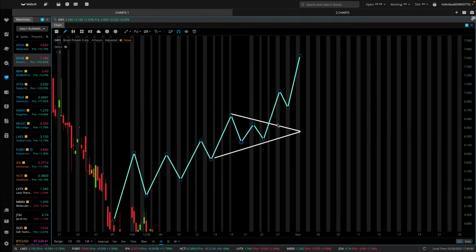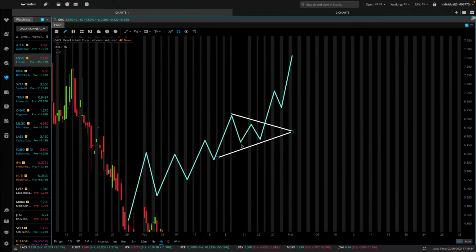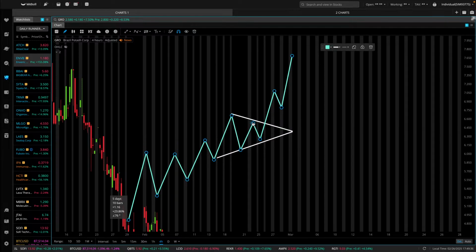You can enter inside the pattern, you can enter on the breakout, you can enter anywhere, whatever you decide. That just comes with practice and what works best for you. But the best way to trade it is always inside, in my opinion, because it's expected to break out. Easy and simple as I can explain that to you. That is free knowledge for you, my friend.